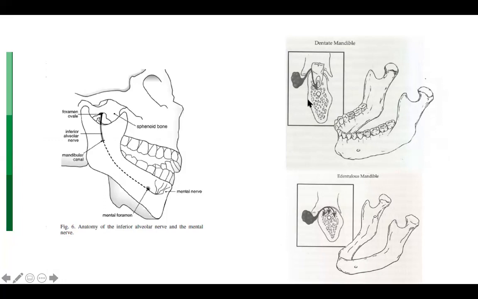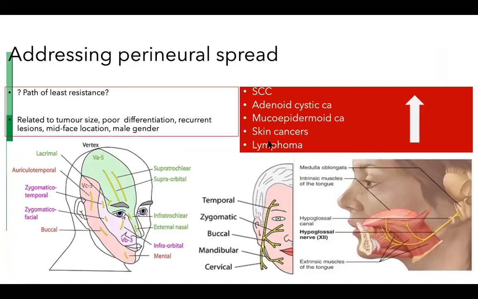And this is the method of involvement of the mandible in the absence of cortical involvement. Even in the absence of cortical erosion, through the dental socket in a patient who has teeth and through the dental pores in an edentulous patient, the mandible can be involved. The other thing that we need to be aware of is perineural spread. This is perhaps because of the path of least resistance.